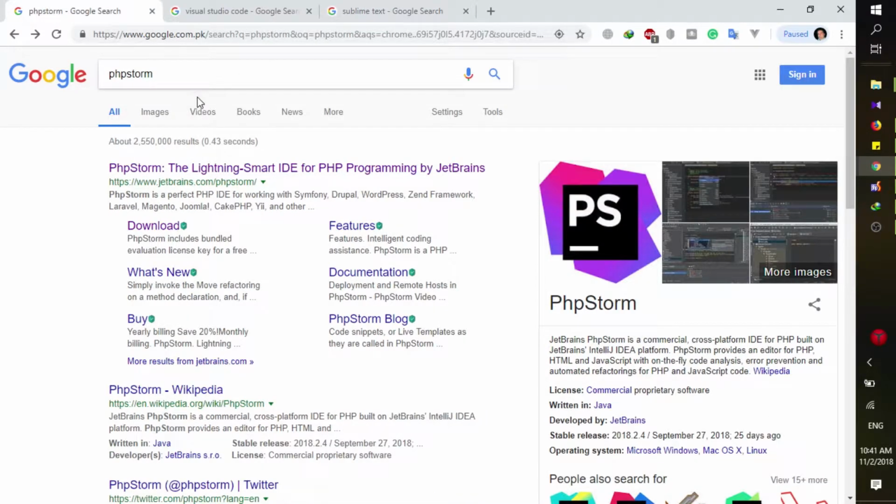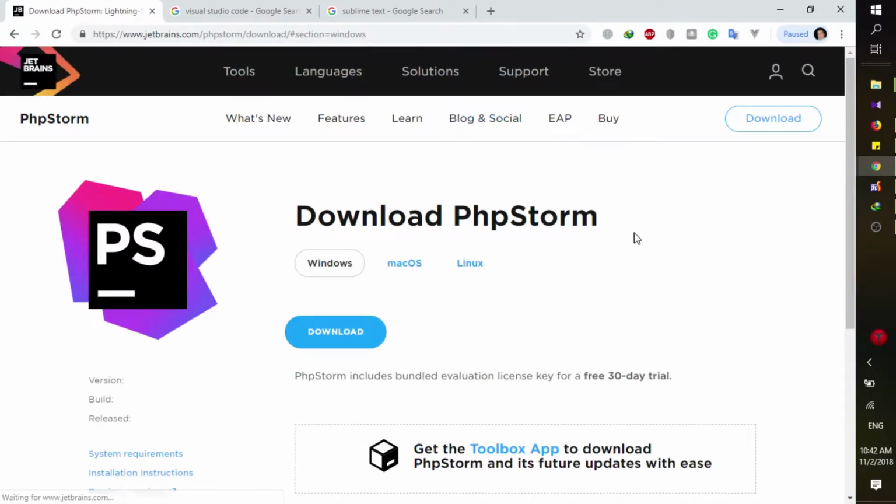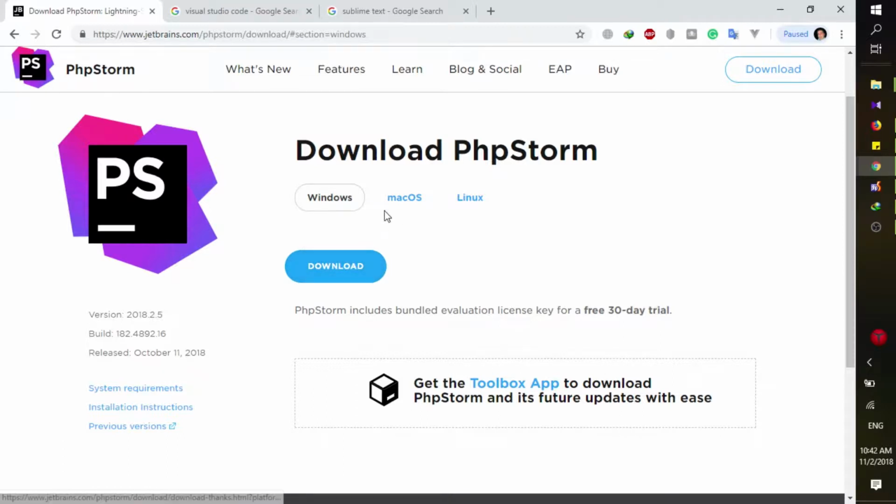Now the first one is PHP Storm. I will personally use this throughout the course, and you can search PHP Storm and click on this download link, but it is not a free IDE. So you can download it for your operating system, Windows, Mac or Linux, and you can also try a 30-day